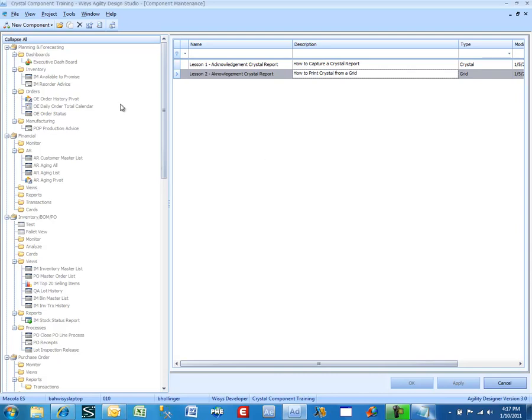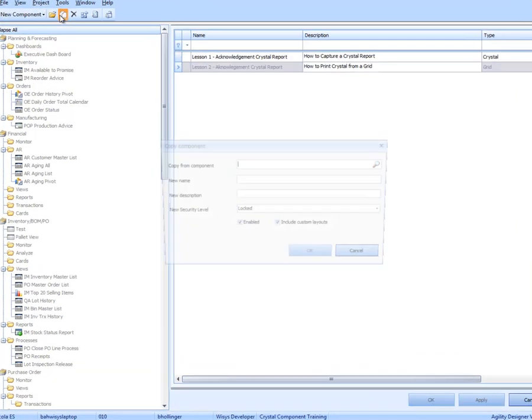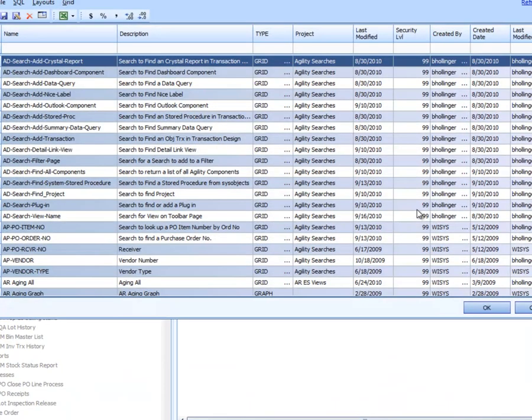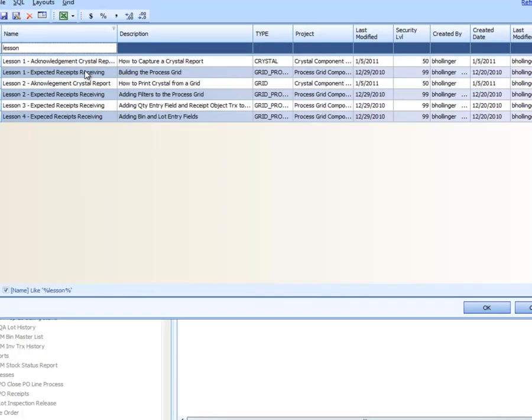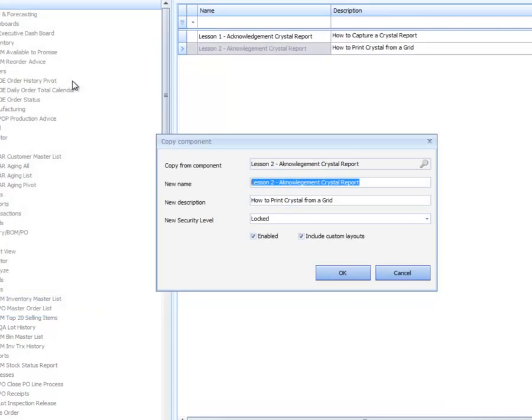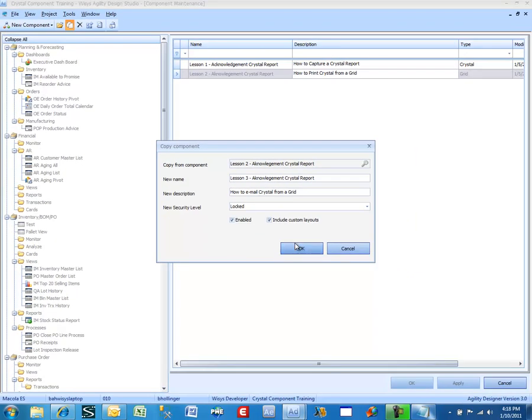I'm logged into the project Crystal Component Training. We're going to start off by copying from lesson 2 acknowledgement Crystal report, and this is going to be lesson 3 acknowledgement Crystal report, and this is actually going to be how to email Crystal from a grid. So we already have lesson 2 copied to lesson 3. We already have the print button, and now we're going to add an email button,